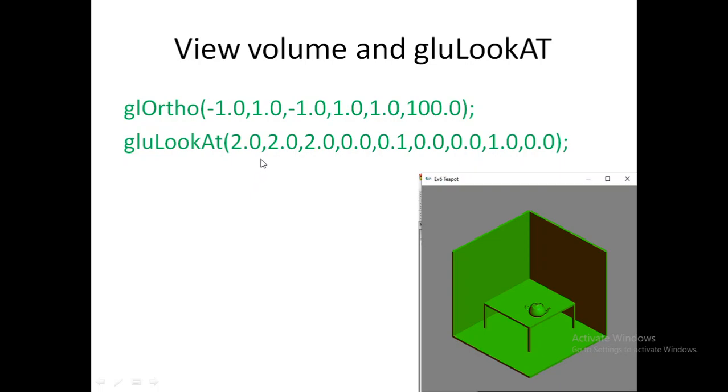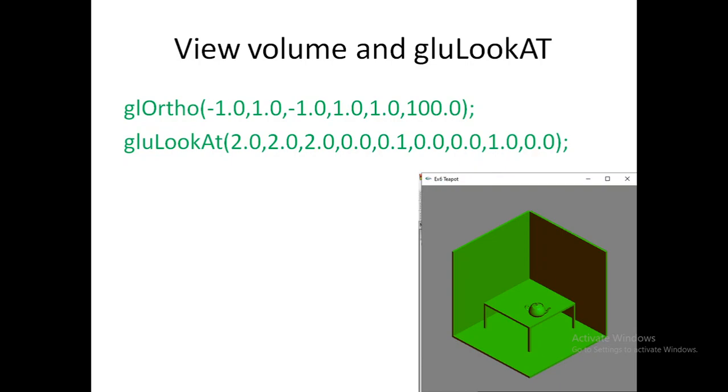First, your eye coordinate. From which position you are standing. The view volume is 1 1 1 1. You are standing at 2 2 2. Your XYZ position. The center of projection, COP, is 2 2 2. Can you see which axis you are looking at? 0 1 0. So all are 0, almost 0, correct? So this is 0.1. You can change the value to 0.5 or 1.0. Can you tell me which axis it is? It is the y axis. And you are on the top side, you are looking at the y axis.